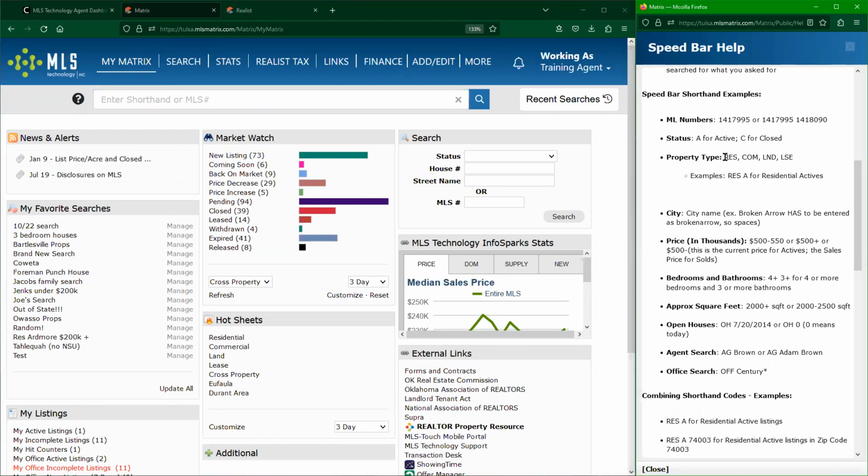Shorthand examples are going to boil down to giving it a property type. We can even choose a status. If we would like to, we can even narrow it down to a certain area, a price range. And then the bedrooms and bathrooms, which I'll get to in a moment, are a little bit complicated. Square footage is in there. And then the ones that we use the most on the service desk are going to be the agent search,